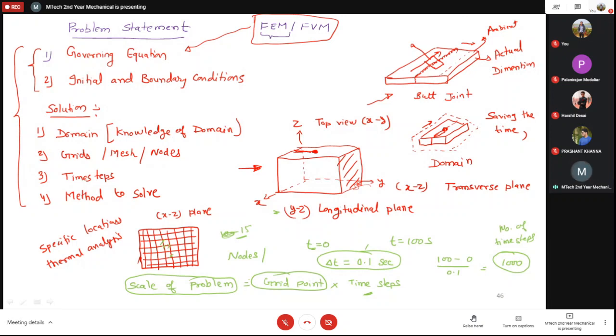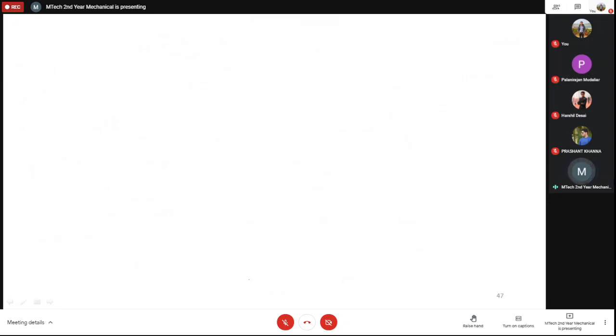Okay, so we have to find what is known as the convergence, the points up to which our solution can converge without giving errors. So we have to find those values of the time step and those values of the grid. We can refine the mesh and define the time step so that, from the smallest point to the largest point, we get satisfactory results. Okay, so these are different things.